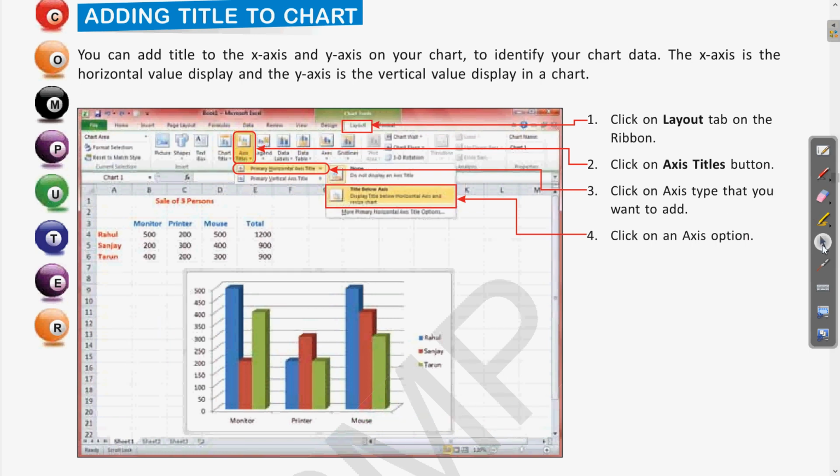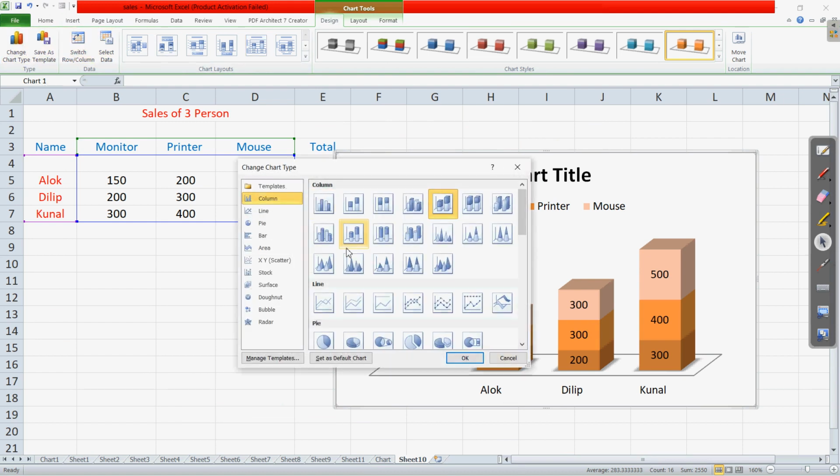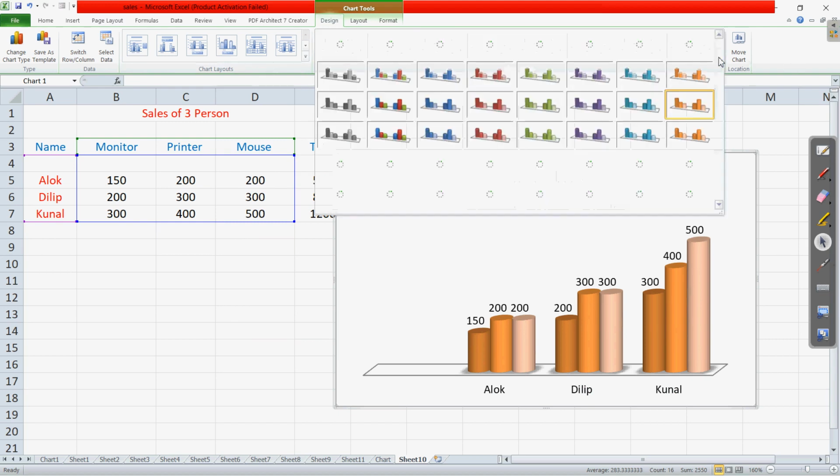So if I come to our chart once again, before this let us change this chart to a normal one, so that it will be better to understand things. The chart style we can choose from here.